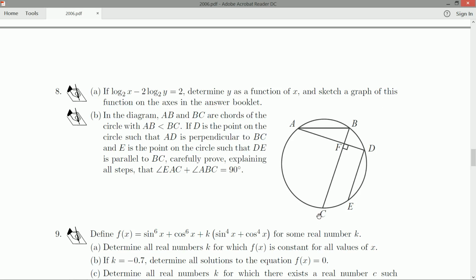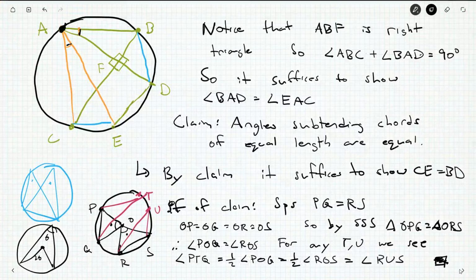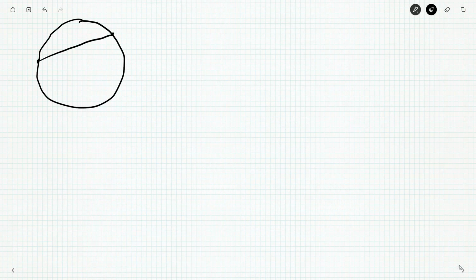Yeah, because if we just swapped the letters A, B, and... So, I'll draw what I'm talking about. I don't know why they said AB is less than BC. I'm thinking maybe it's part of the proof, because if AB was much bigger than BC,